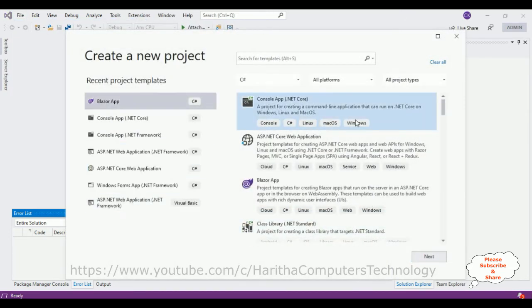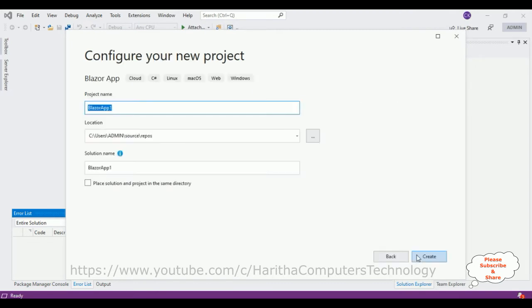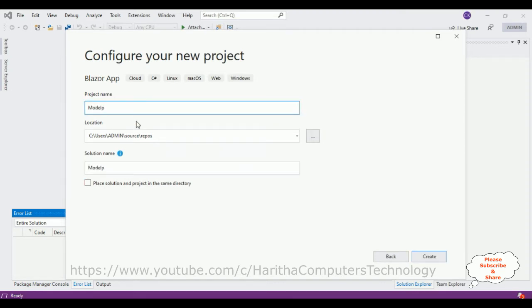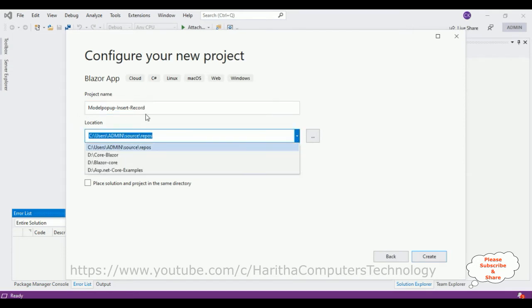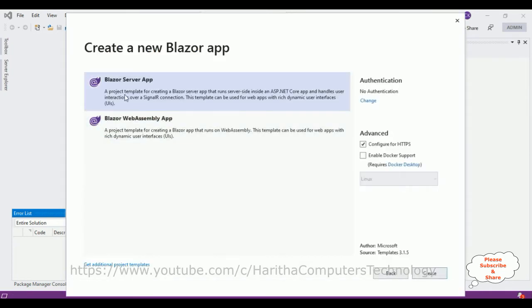For this video tutorial, I'm creating a new project. I'm selecting Blazor app, click next. Let's give the project name, Modal Popup Insert Record, is my project name, and I want to save this project in Core Blazor folder, which is in the D drive. Let's create. After that, let's select this template Blazor server app, click create,